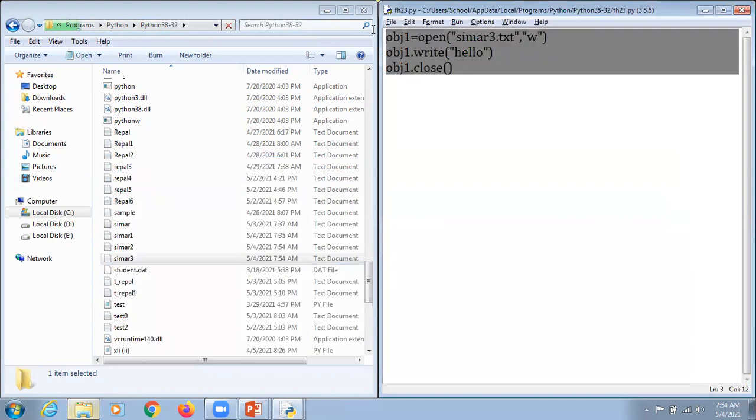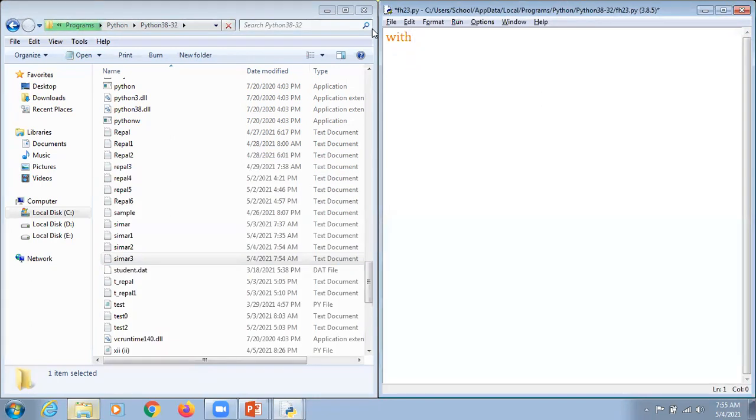But there is one very powerful and interesting way where similar functionality is performed, and there is no need to use flush as well as close. We use the keyword with, then we type open, and then the name of the file, simar4.txt, and we type it as a write operation, as obj1.